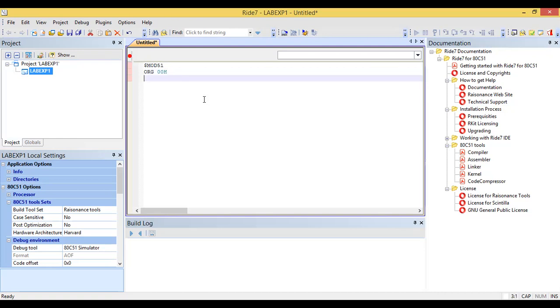And I'll write a simple program to toggle the values in port 0. So I'll write MOV P0, #55H. The hexadecimal value 55H means alternating zeros and ones. I can directly use the name P0 here, port 0. Otherwise, I need to write the equivalent address if you are not using $MOD51. Next, I will move another value to port 0, that is AAH, just the complement of the previous value.